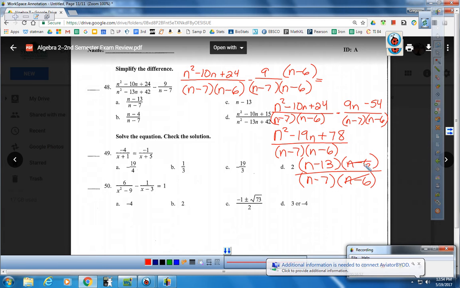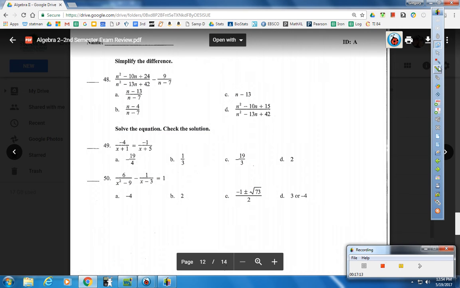So, unfortunately, if you stopped right there, you didn't go far enough, and that's why the answer is not up here. Okay? So I'm left with n minus 13 over n minus 7. That's A. Okay? I'm going to go ahead and clear that so I can do number 49. Number 49,